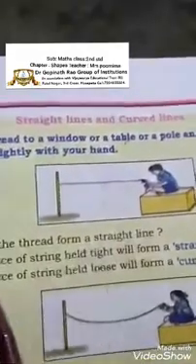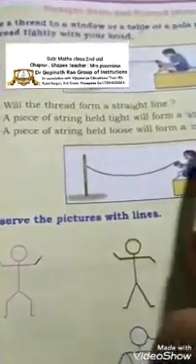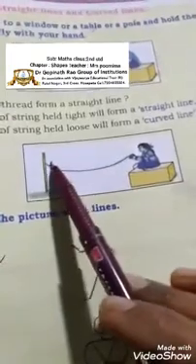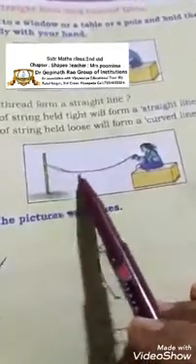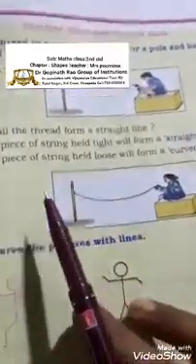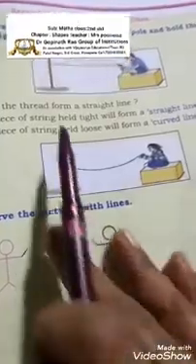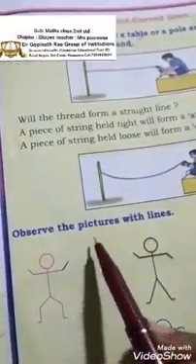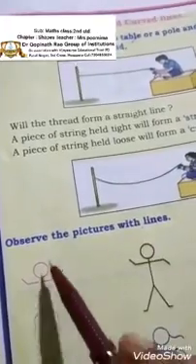And one more example we can slide. If you little loosen it, you can find a little curve in this way. That is called a curved line. And we can see some more examples here, such as, see in this picture given, we have to